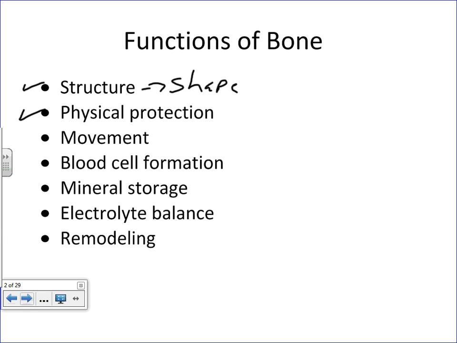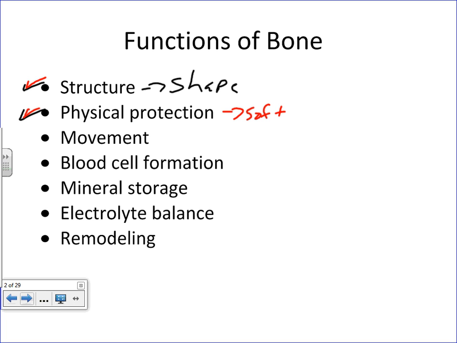Of all the tissues in our body, bones are by far the strongest tissue in terms of their overall density, and just how well they are at resisting various forces that can be applied to them. So there are some organs that are protected by bones, some very soft organs, such as the brain, the spinal cord, thoracic organs, some of the reproductive organs, some of the upper abdominal organs are protected by the bones of the body. Okay, so these are definitely the two most common